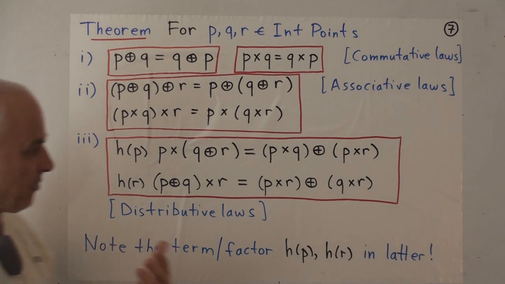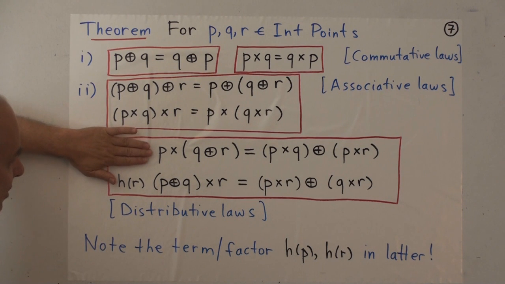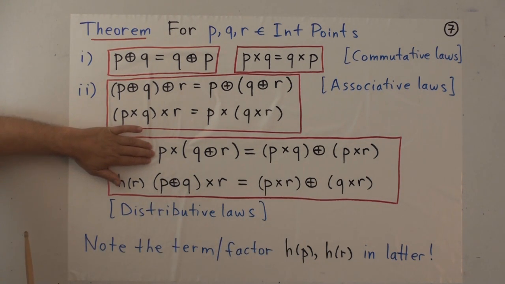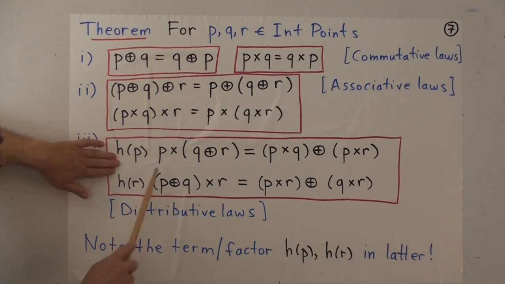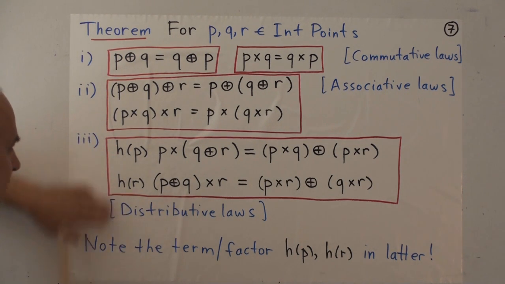Now you can think about this as balancing things in some sense. The usual distributive law has two P's on this side, but only one on this side. This new distributive law has a P here, but also another P over here. So two P's on both sides. And similarly here.